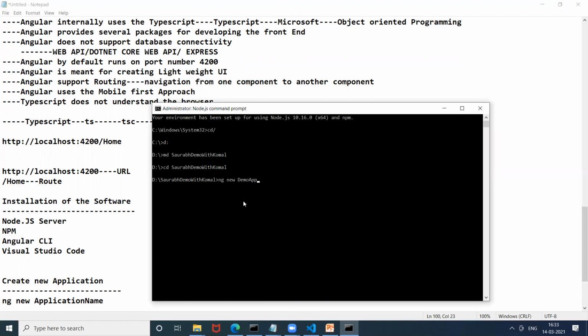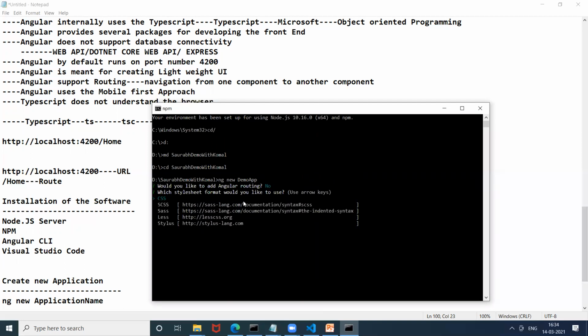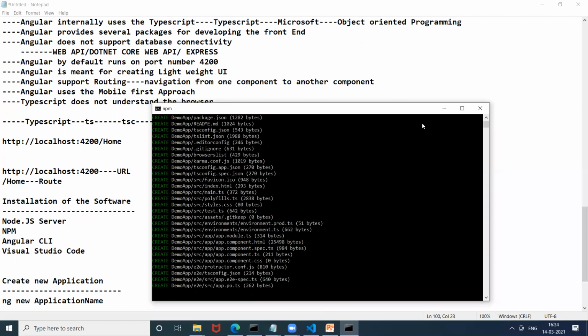It will ask you whether you want routing. You say you don't need routing, press no. We will learn routing when we reach the routing session. Then choose CSS and press enter. So it will create the application.